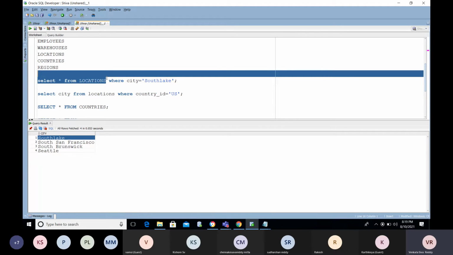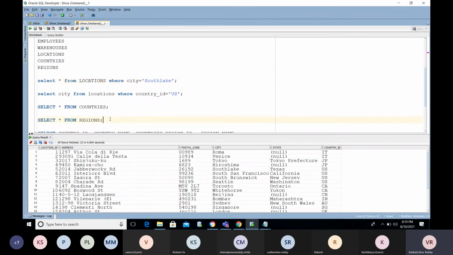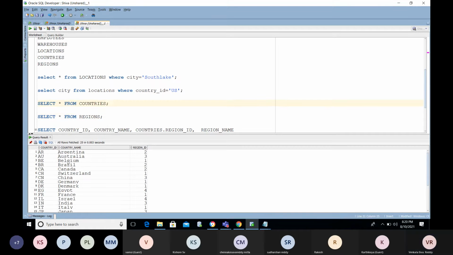I said we have a location table. So where is the region we have? In the region table, right? In the region table, we have the region ID and region name. We have the relationship between the countries and the regions. So country ID is the common column, and here we have the region ID.